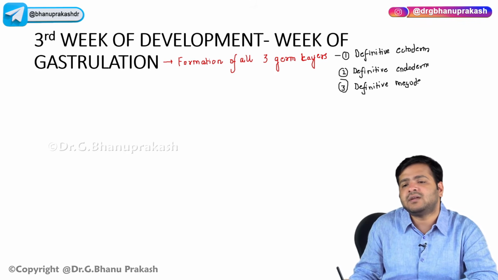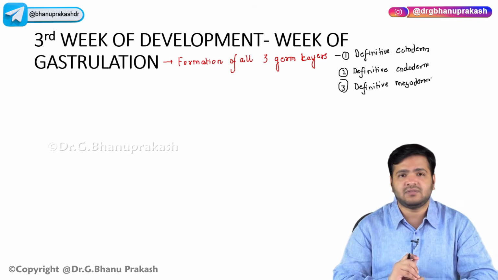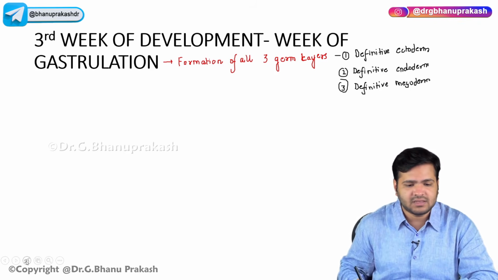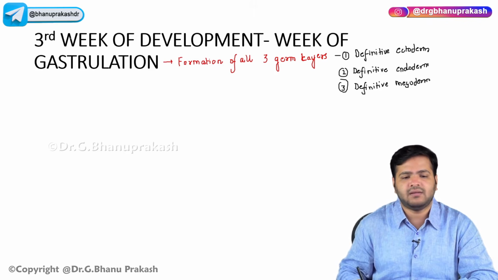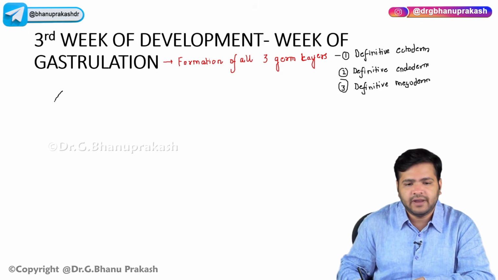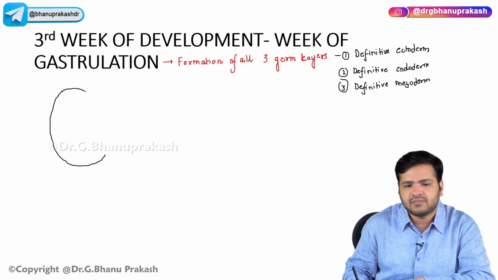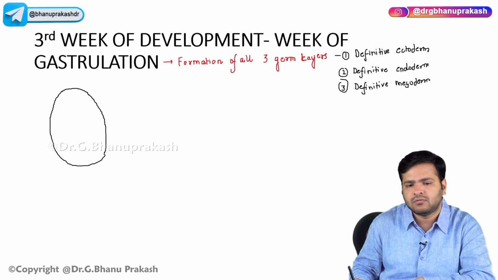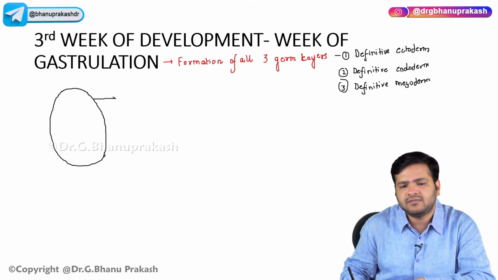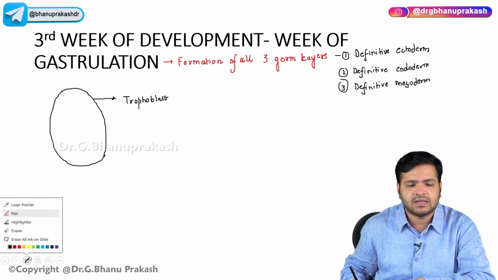Now, let us continue from the scratch. Like what we have discussed in the first week and the second week, let us just try to summarize it right now so that we can have a view of what we have to discuss further. So, you already know that yes, this was the trophoblast, right, which has been divided into cytotrophoblast and syncytiotrophoblast. So, this is the trophoblast. Now, this trophoblast contains,